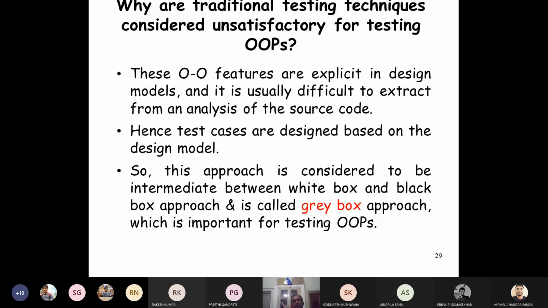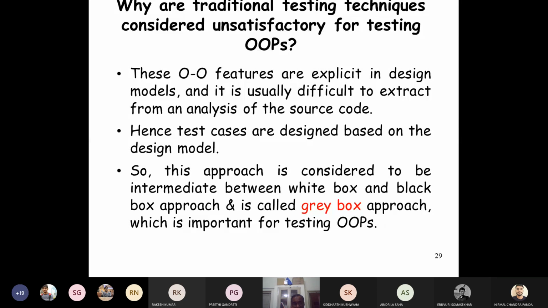Okay. So designing test cases from the SRS document is known as black box testing, and designing test cases from source code is known as white box testing. Any technique where we design test cases from the design documents or UML diagrams, which lie in between the source code and the SRS document, corresponds to between white box and black box testing.